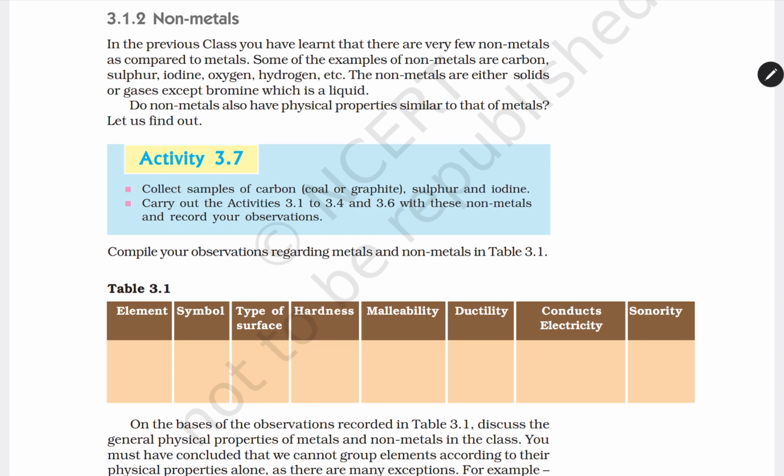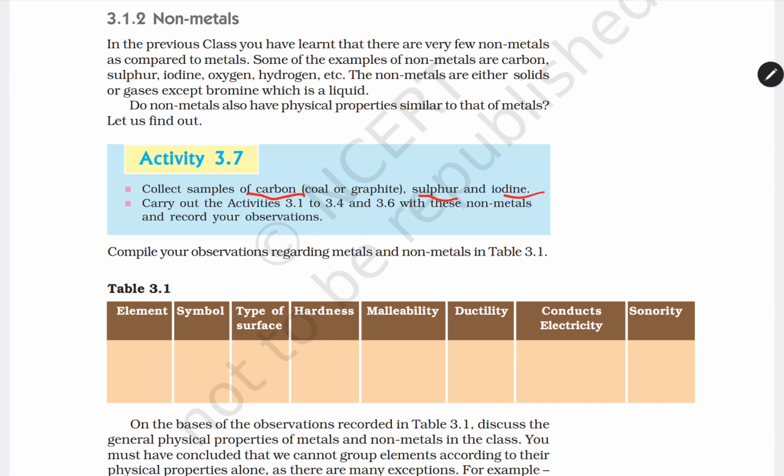Hello students. In today's lecture we are going to observe the properties of non-metals and the different types of non-metals that you observe in the periodic table. To do this observation, we are given one particular activity. In this activity they are asking us to collect the samples of carbon, sulfur, iodine, and whatever activities